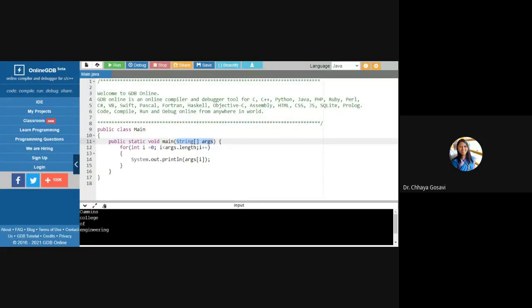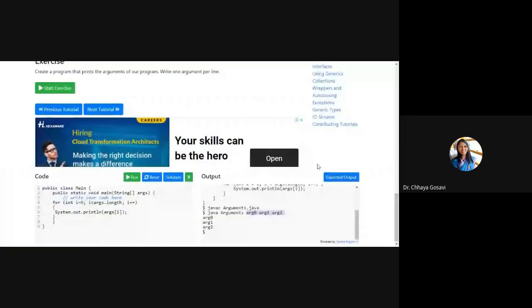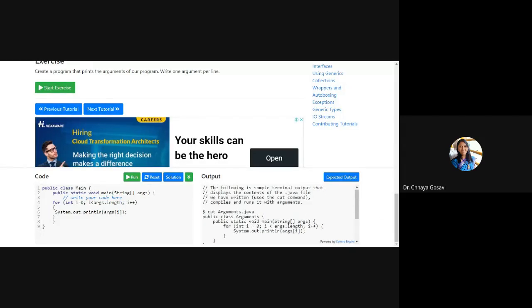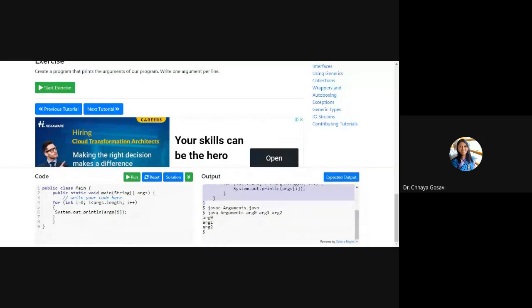So normally, when you run a Java program, you need to look here. Suppose I type such Java code. javac is the command to compile a Java program. My file name is arguments.java, and it will produce a .class file. Then to run the Java program, I need to interpret it with the java command. These are the commands I have to type on a terminal or command prompt. So arguments, and then I'm passing some arguments to it.